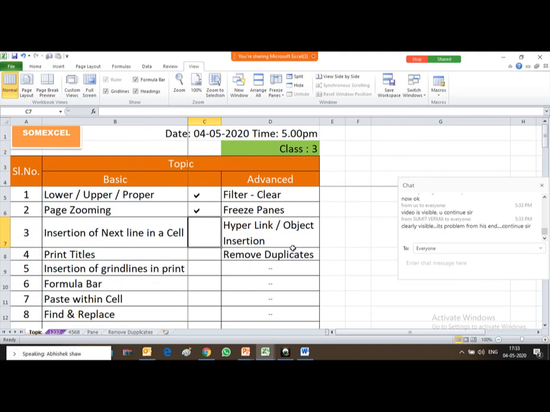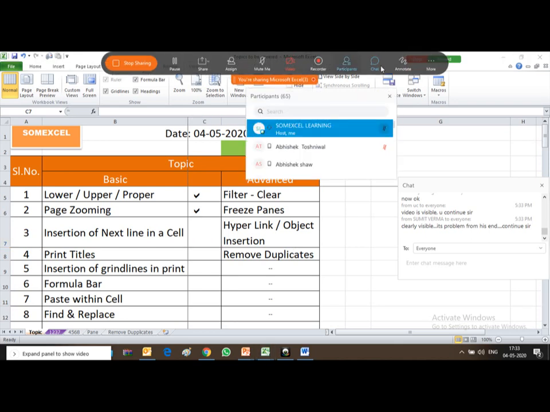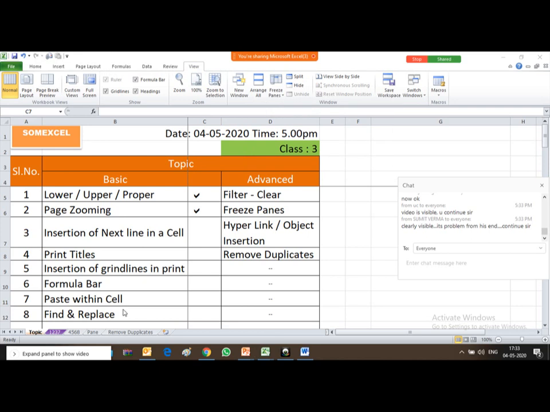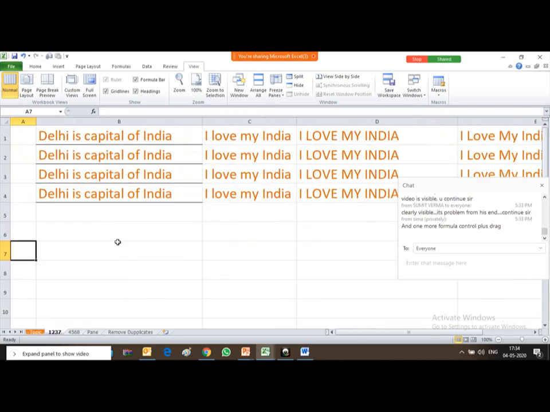Now insertion of a next line in a cell, friends, is a very important function. In this function we will learn how to insert a line in the next line within a particular cell. For example, in a cell it's written Delhi is capital of India.